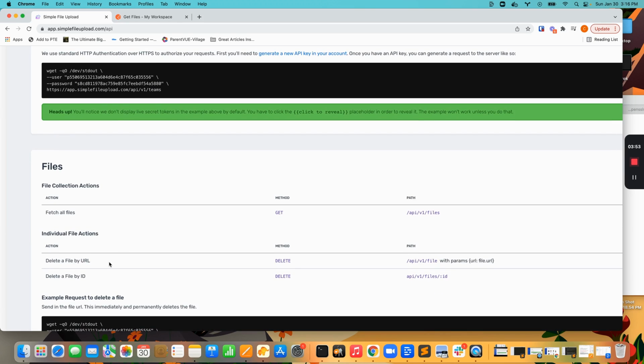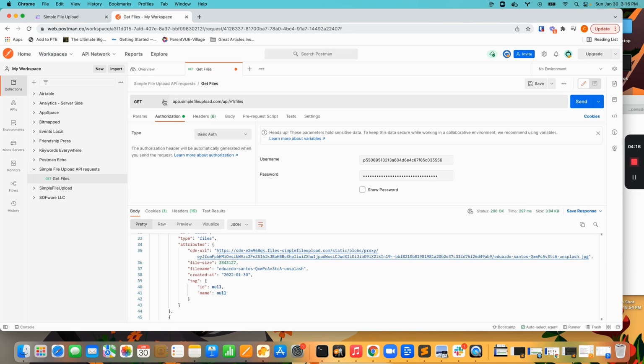So if you want to delete a file, you can either delete the file by URL or you can delete the file by ID. If you want to delete the file by URL, this is probably the most common case, because if you are using the value parameter of your input, if you're saving that to your database, that's what you're going to have access to. You're going to have access to the URL. So to do that, it's API v1 file. So that's going to be a delete request to API v1 file with